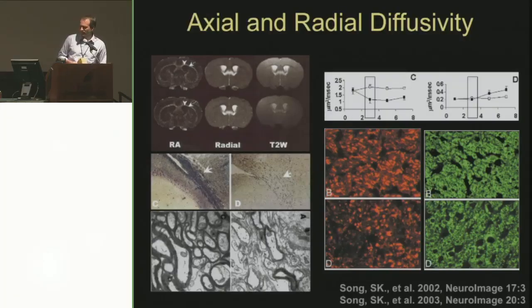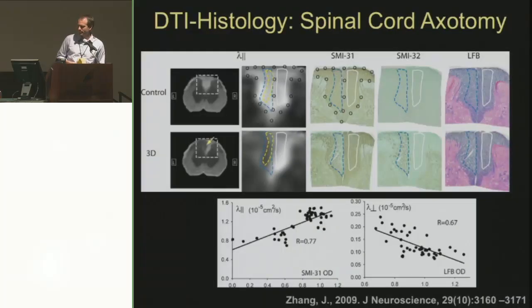In a separate model, they showed that diffusion parallel to an optic nerve injury changed early on in injury, about 3 days after injury, whereas demyelination, which is a much longer process, only showed a change in radial diffusivity at much later time points. The Hopkins group here, Zhang et al., showed in a cleaner model of spinal cord axotomy,